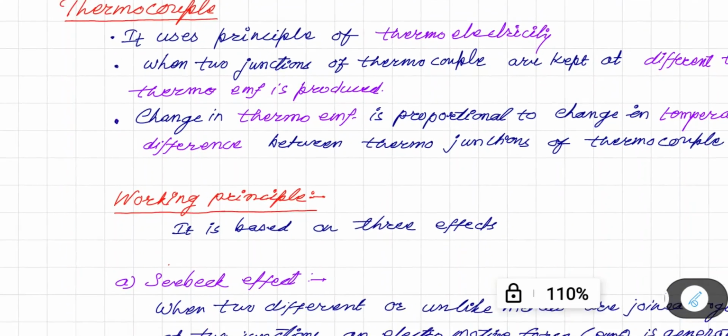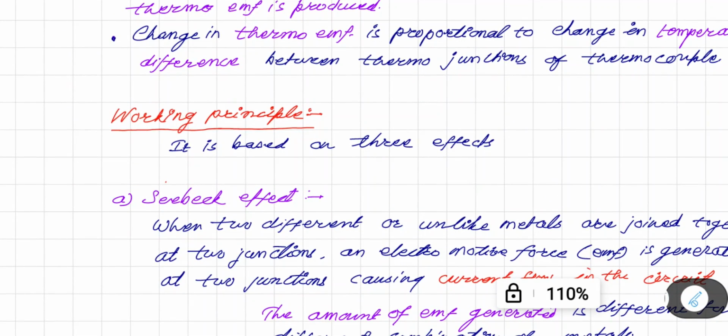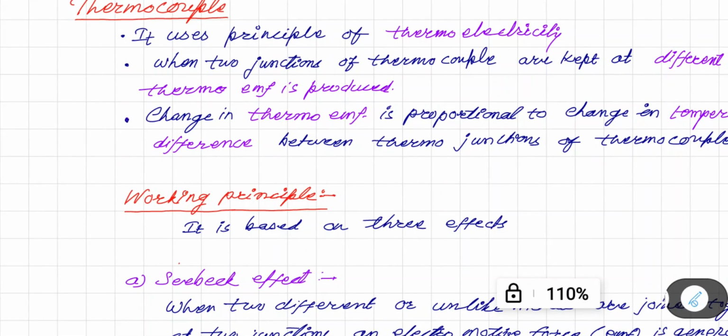So here, when we talk about the working principle, it is based on three effects. See, in the case of a thermocouple, first understand, suppose this is one metal, say metal A, and let us consider this is another metal B. So let us consider this metal is A and the single line shows metal B. If these two metals are welded together, they form a junction. Here it is material A, and it is material B. So here the junction of AB is formed,